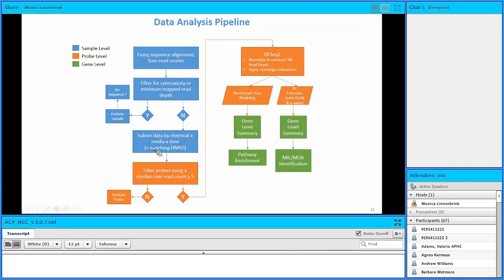We then subset the data by chemical, media, and time, including the corresponding DMSO controls within each condition, and filter that data, these parsed packages of data, by flooring the data using a median raw read count of greater than or equal to 5. So we're getting rid of a lot of probes that just have no expression or very unreliable expression. We then move that floored data to the DESeq2 package, which is becoming an industry standard package for RNA-seq analysis